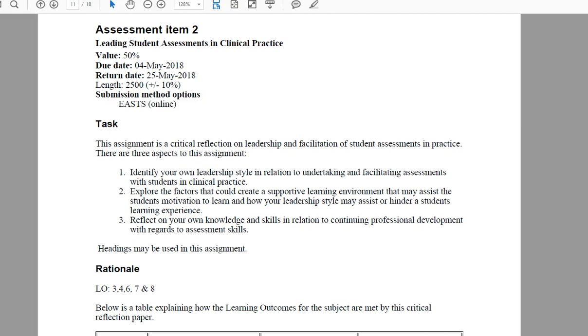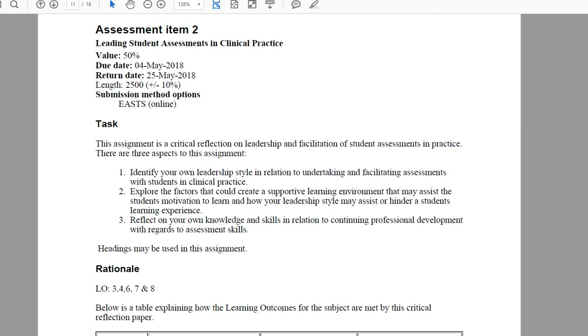So thinking about what sort of leader you are, and thinking about how that works in your clinical practice, whatever that may be, in assisting or in fact hindering assessments with students in your